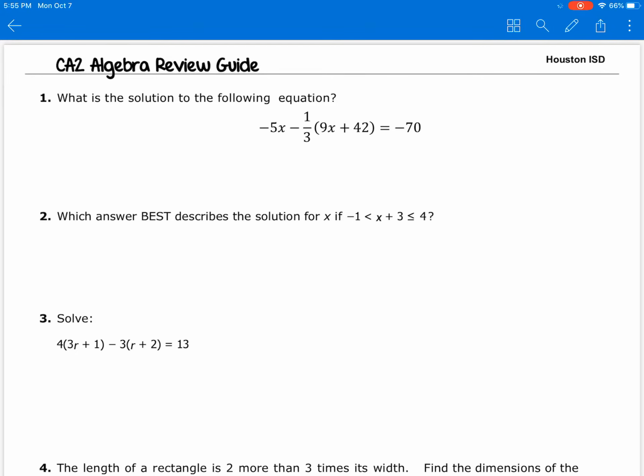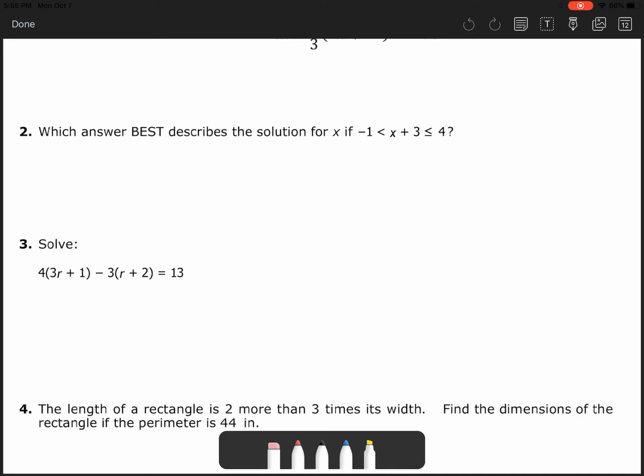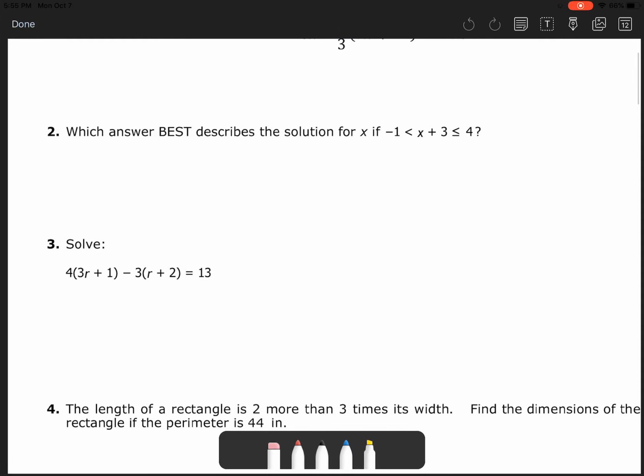Okay, hi. I want to talk about a couple of questions on the review guide, specifically the inequality questions that are on the review guide. I might go over a couple of other ones. But now on number 2, it's multiple choice, but let's talk about what